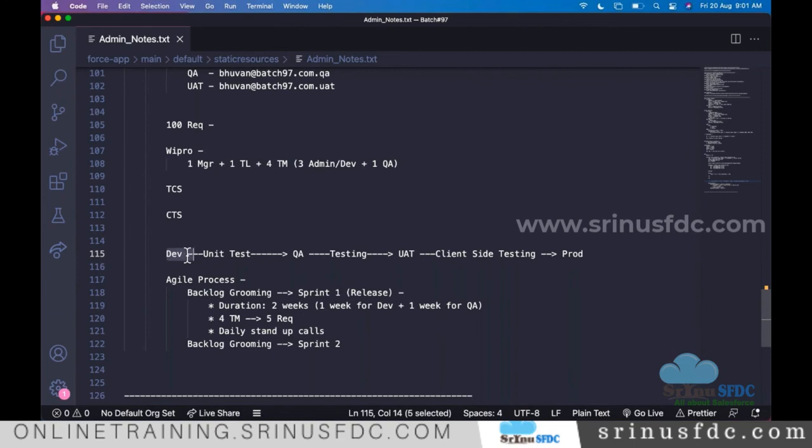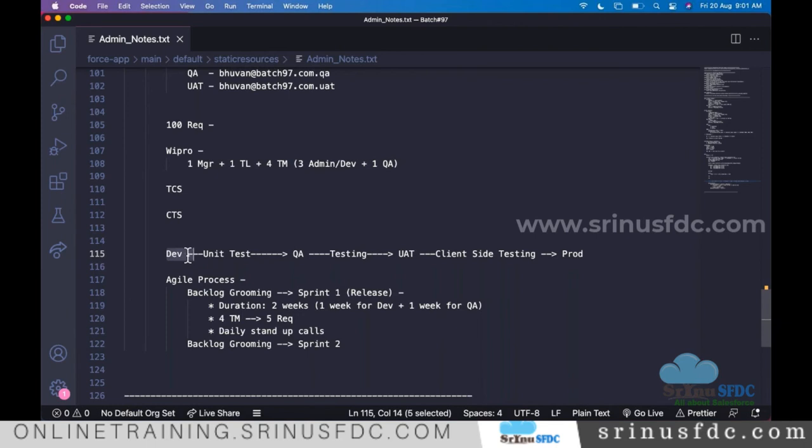Admin is also nothing but like development. We are achieving the client requirement. In the process of achieving the client requirement, you might do configuration. When you do configuration, people say it is admin work; when you do development, people say development work.